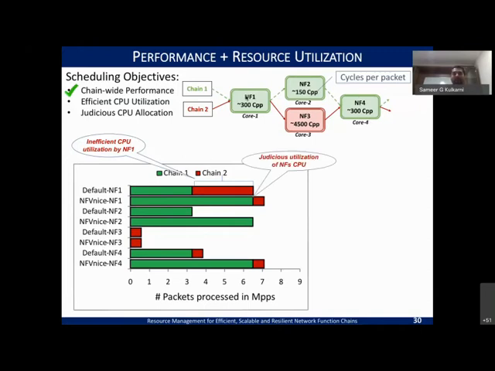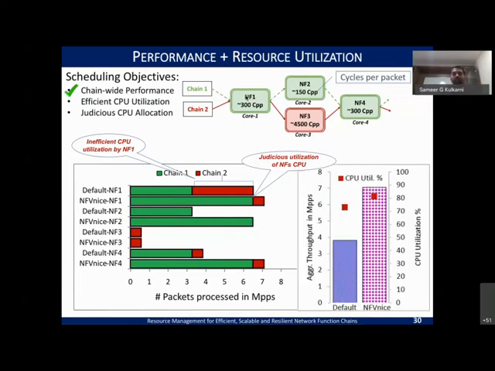and ensure that your allocation of CPU is judicious in terms of the requirements of different flows, not just for that particular core, but for the entire chain, regardless of whether the chain spans a single core or multiple cores. If you look at the numbers in terms of CPU utilization, they were earlier around 60 to 70%. Now you have bumped it up for all the cores to around 90 to 95%. But at the same time, you have increased the overall throughput by almost 2x.